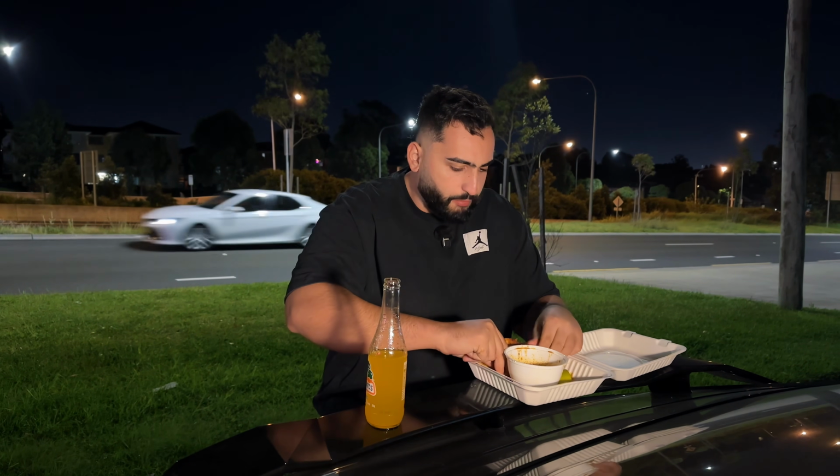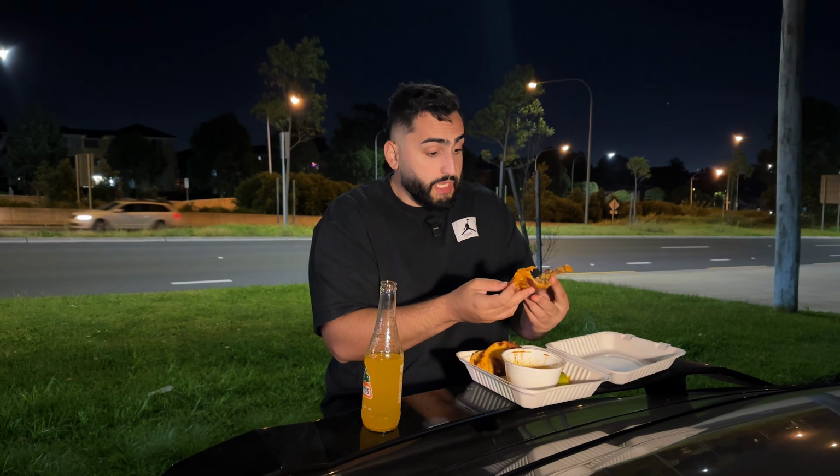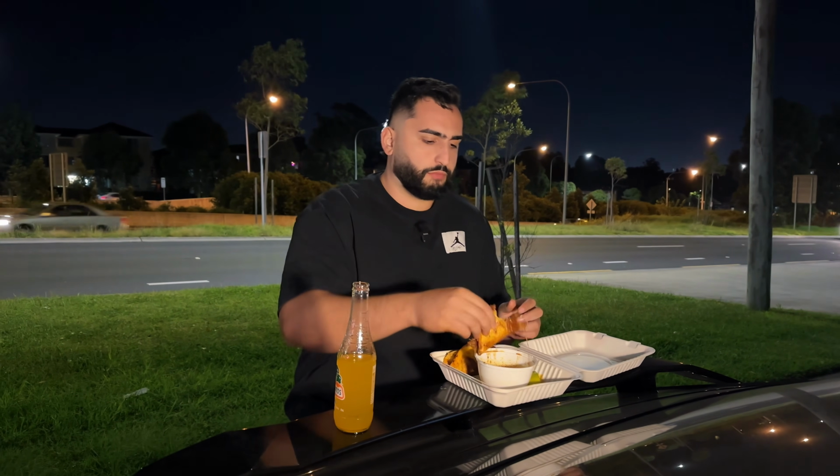And the taco itself, bro, really simple. Like coriander, onion, beef, soft shell taco turned toasty, not too hard. And the meat is so tender, bro. Wow. That is amazing. Oh. I don't know if anything's gonna top this, to be honest. Bro, that's...